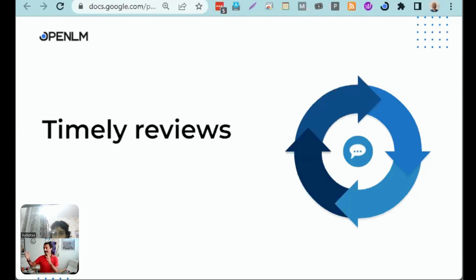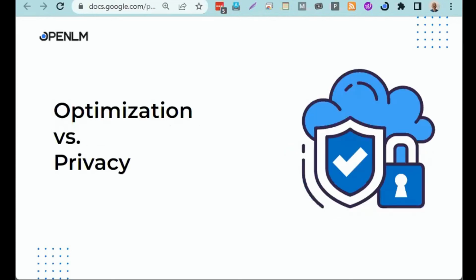So very good. I'm doing the review. I checked and I found a person is using it all the time. Next time I get to the next review in 3 months and I see he's still using it a lot, but I missed the middle. In the middle, there was a long vacation. There was a change in priorities, a switch of project, and we missed the opportunity to adjust the licensing. If we can, by the agreement, but this is something to be checked, we are missing that opportunity of optimization.